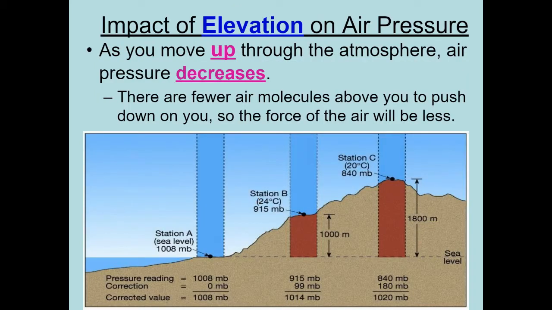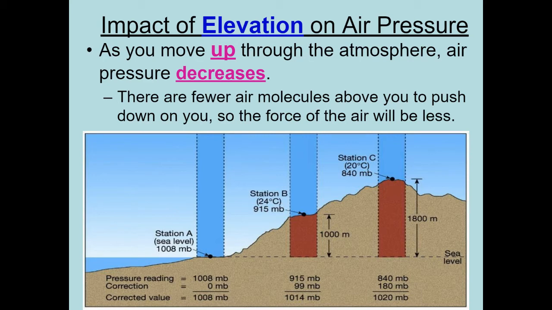So the impact of elevation on air pressure. The last slide said as you move up, air pressure decreases. So it kind of works like a seesaw or teeter-totter. One person goes up, the other goes down. Air pressure is on one side, elevation on the other. If your elevation's up, air pressure's down. If elevation decreases, air pressure increases. So they kind of move at opposites.